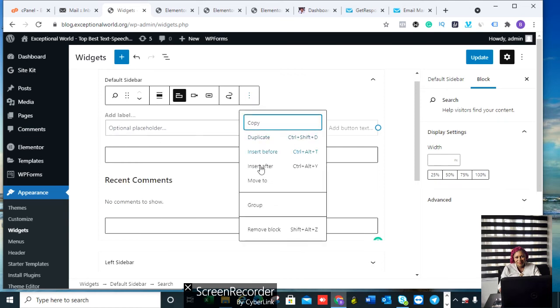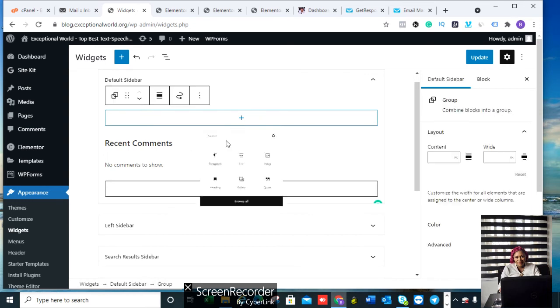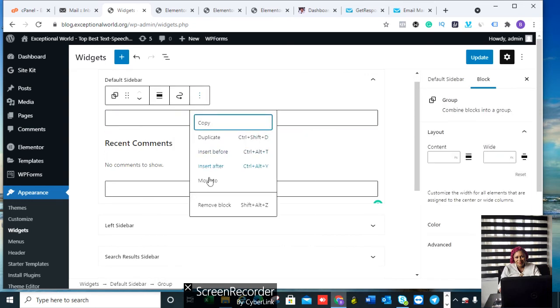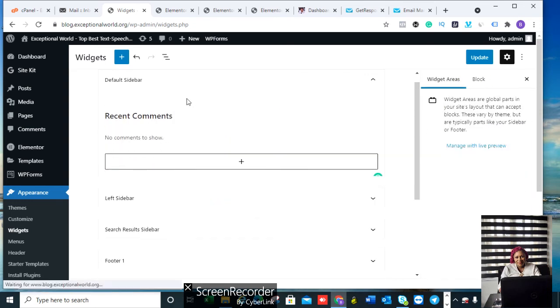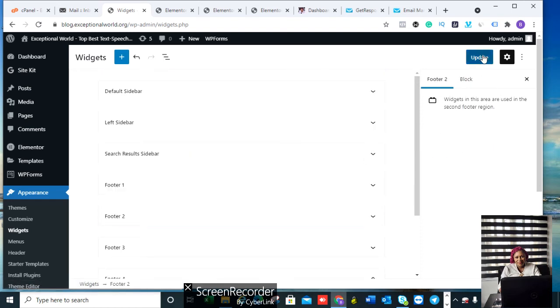We don't need it. So they're making our site look ugly. So you see, you have to remove them. By removing all of them, you click on update. Ensure you always save your work. Okay,